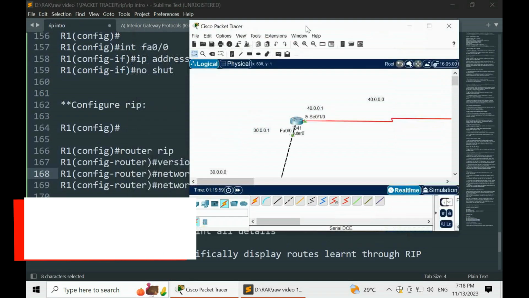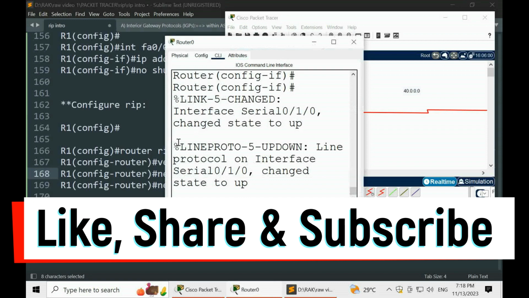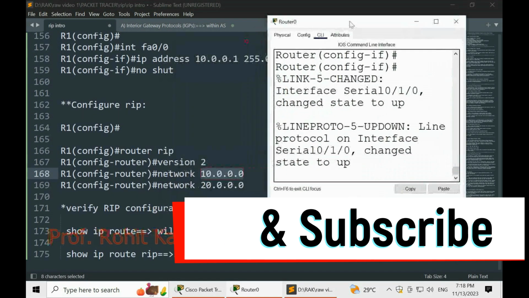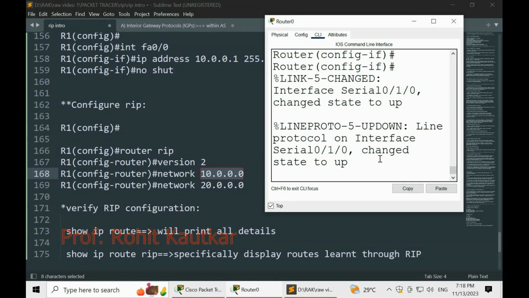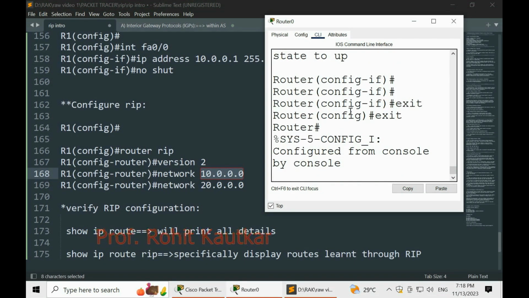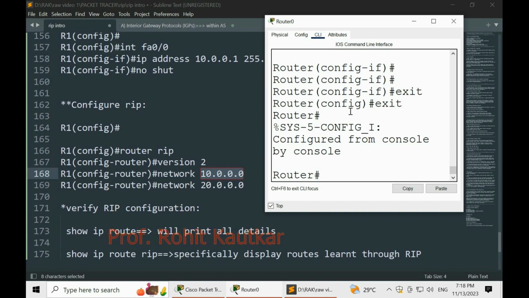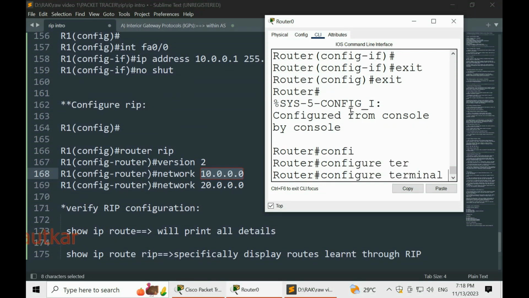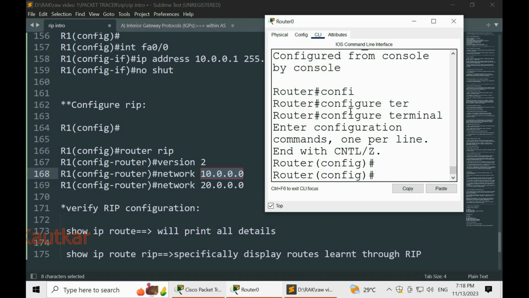So here I will go to the CLI of the router again, and here we will enter the configuration terminal, and now specify the command router RIP.